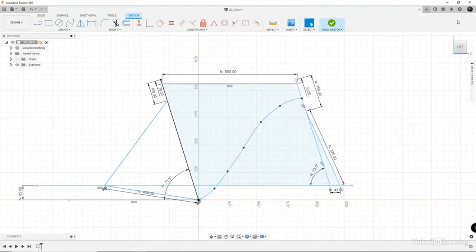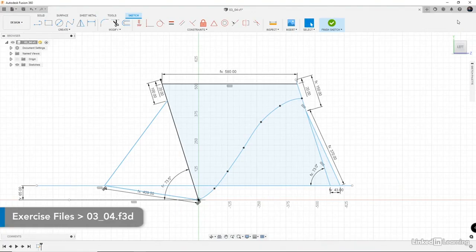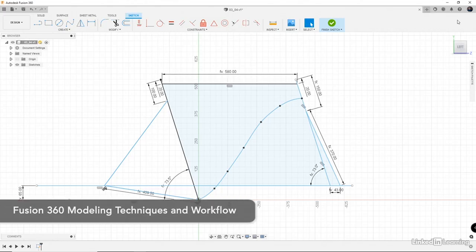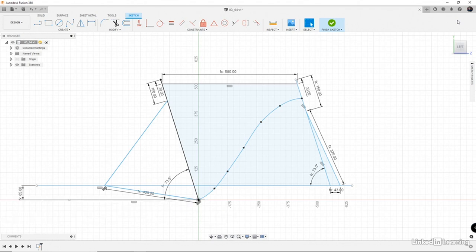Now here's an example that is a relatively complicated geometry that's being referenced from parameters. Now, this is taken as a sample from another course that I've done called Fusion 360 Modeling Techniques and Workflow, where I go through the process of using sketches and geometries to drive different types of bodies and 3D bodies in Fusion 360. So if you're interested, you can check that out. But the sketching part is very similar to what we're talking about here, where we're talking about parameters, because this is built using parameters. So if we go over